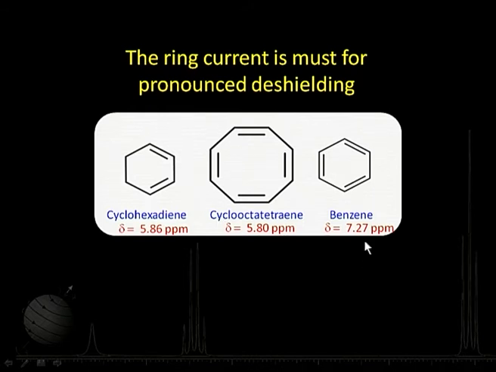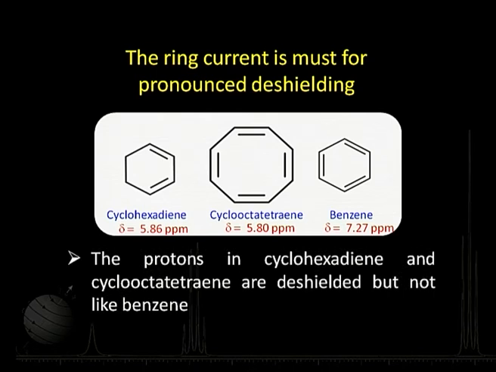On the other hand, if we go to benzene, there are 3 such bonds which are alternating, but they can undergo conjugation, and as a consequence we have a ring current sustaining here. Ring current is not there in the other cases. So, because of the ring current, the effect is very pronounced. This ring current sustenance is a very, very important consideration for aromatic molecules. We find that the protons in cyclohexadiene and cyclooctatetraene are deshielded, but not to the extent that happens in the case of benzene, and that is just because the ring current is not sustained in them.